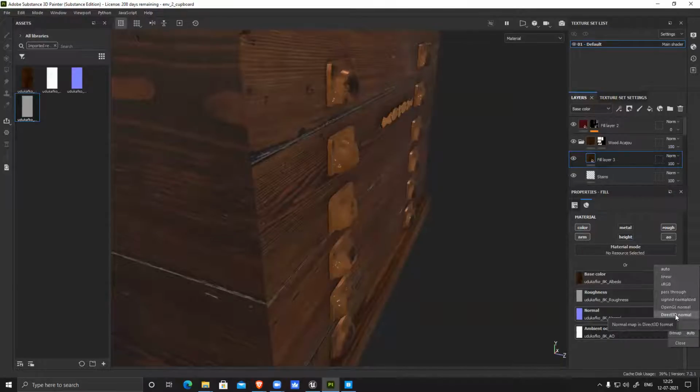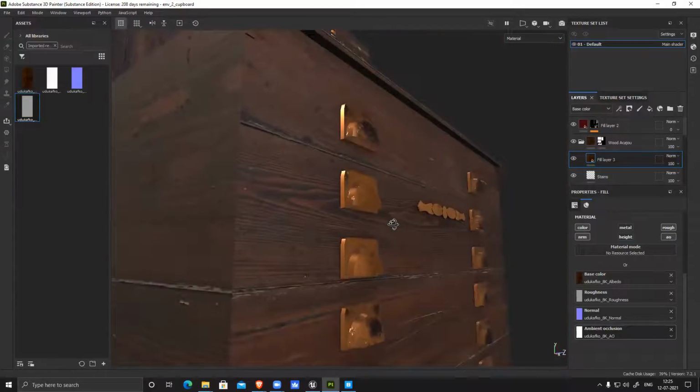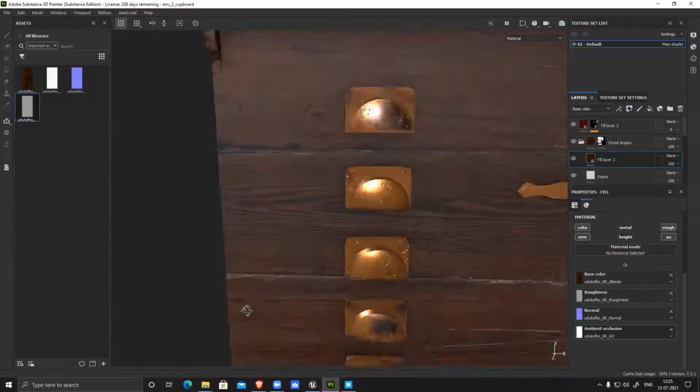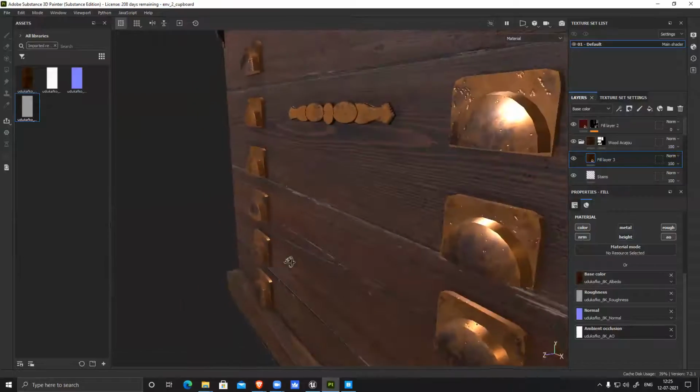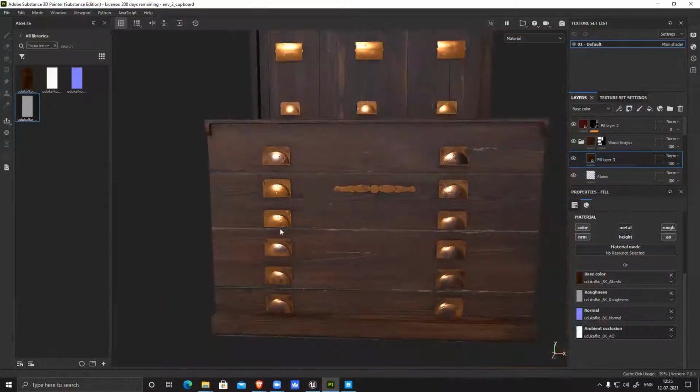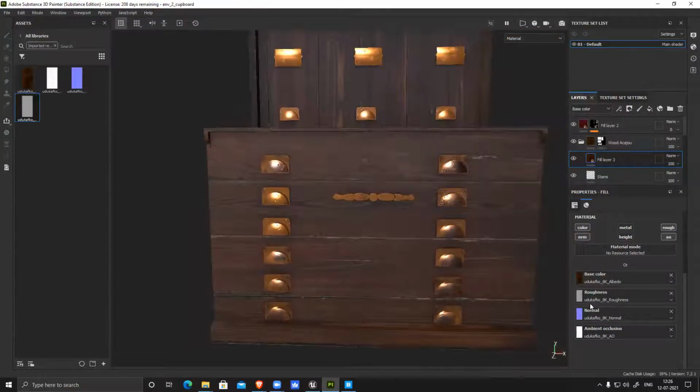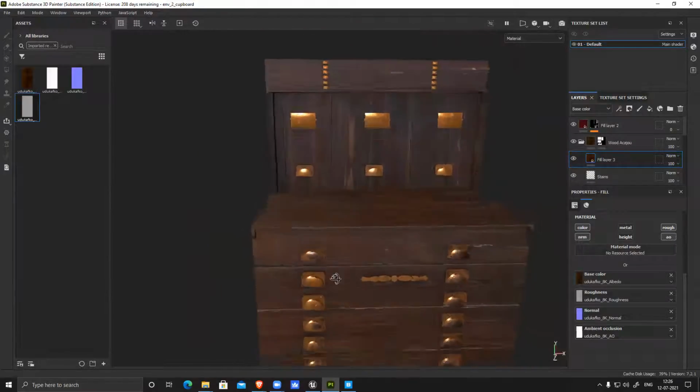This is more of a direct 3D. OpenGL. Yeah, OpenGL is better. So we have to check whichever normal it is, and then align.